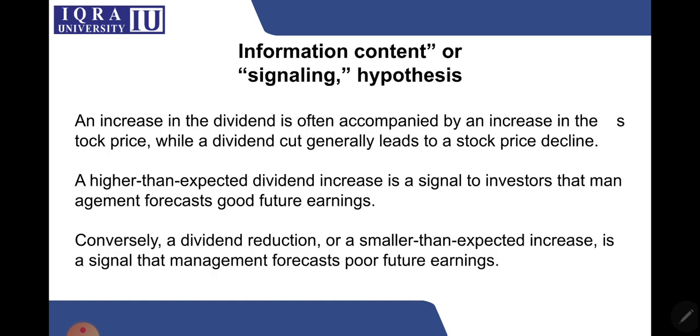Information content or signaling hypothesis. So an increase in the dividend is often accompanied by an increase in the stock price, while a dividend cut generally leads to a stock price decline. So basically the theory says,